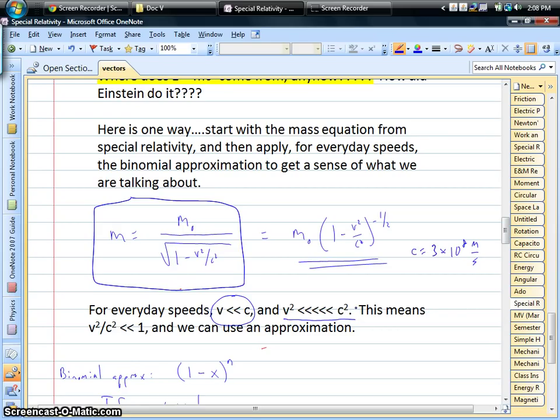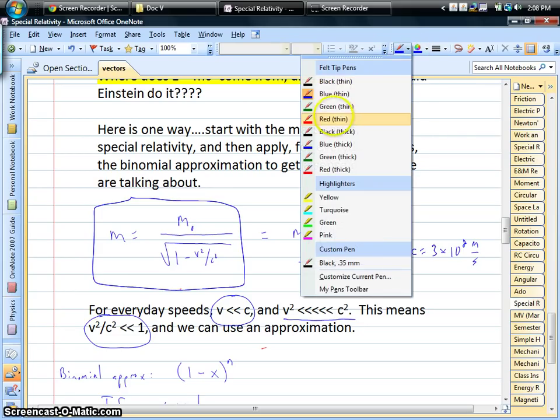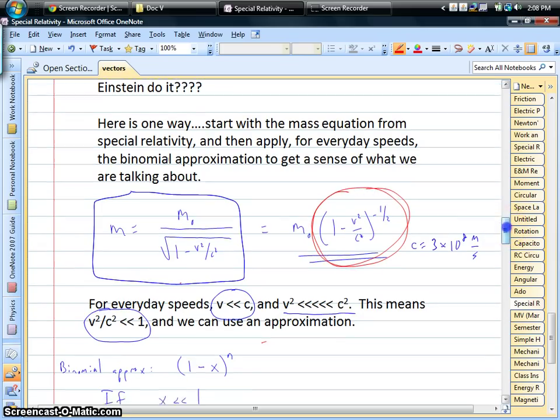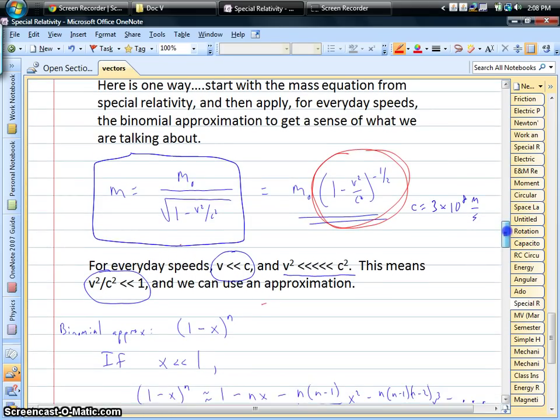And what's more, that means that this fraction that we see in the square root, this v squared over c squared, is a really tiny number, so it's much smaller than 1. Under these conditions, we can do what's called binomial approximation. We can expand the square root, which I'm going to circle here in red. We're going to think of it in this form here with this negative 1/2 power. The reason for that is this binomial approximation,